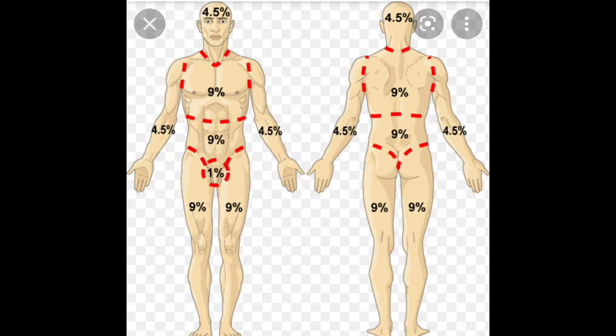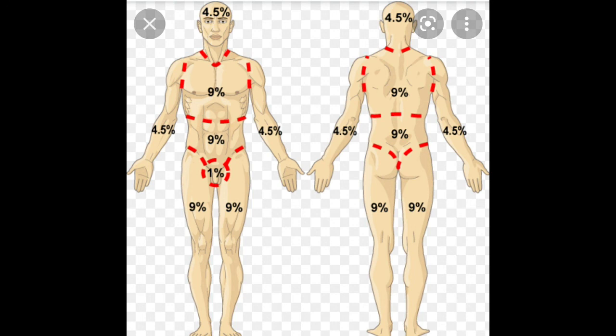First of all, we have to calculate the percentage of burn according to the rule of 9. So we can look at this picture. Anterior head and neck 4.5%. Front and back of left arm 9%, front of right arm 4.5%, posterior trunk 18%, front and back of right leg 18%, back of left leg 9%. So altogether 63%. This is our percentage of burn. That means the BSA, body surface area, is 63%.